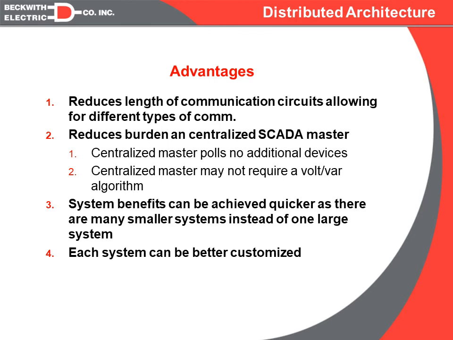Some of the advantages of that are the length of the communication circuits. If we have one centralized system, we may have capacitor controls that could be hundreds of miles away from the centralized system, and therefore it becomes very difficult to have that centralized system poll those controls directly. If we move it down to the substation level, typically now our controls may be within 3 to 5 to 10 miles of the system within the substation, and therefore we can now go with differing and less expensive